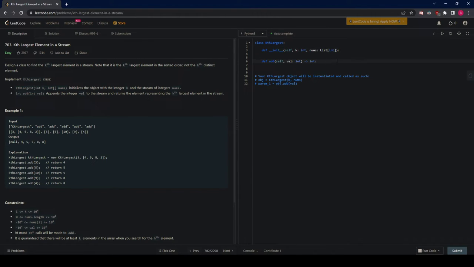So we'll actually implement the add function first, because we'll be using it in our constructor. So here we're going to use heapq.heappush. We're going to give it self.heap and the value, because we want to push that value on, right? And if the length of self.heap is greater than self.k, because we're going to save this value later on, if we have more values than we want, then we're just going to heapq.heappop off of self.heap. And we're just going to return whatever's at the top of our heap here, which is self.heap's 0th index,